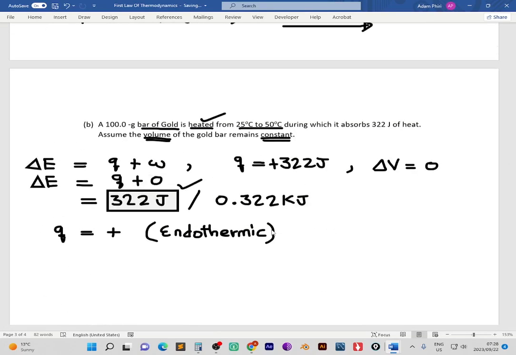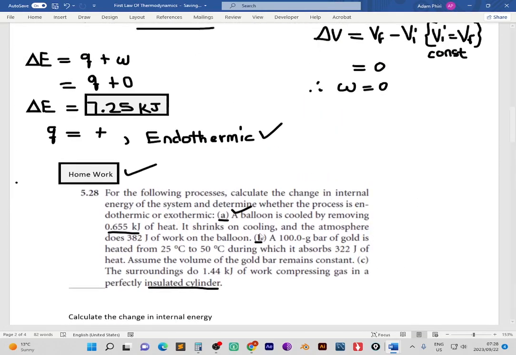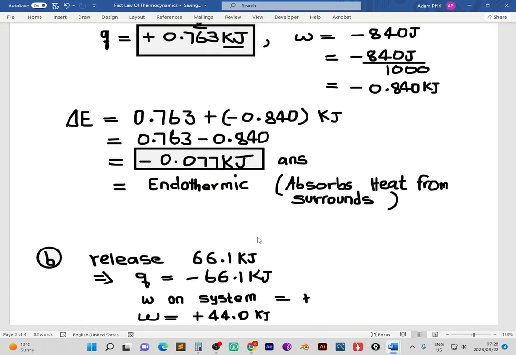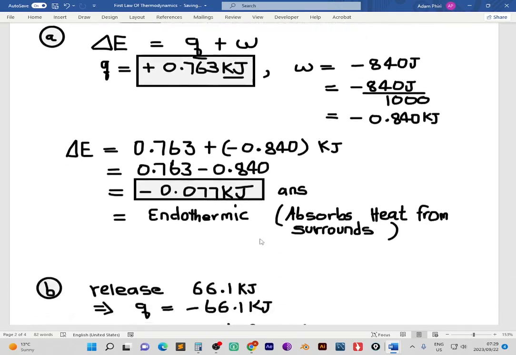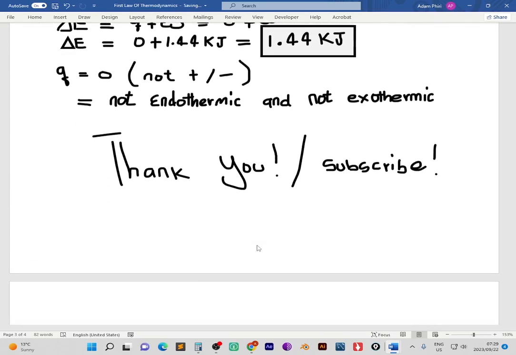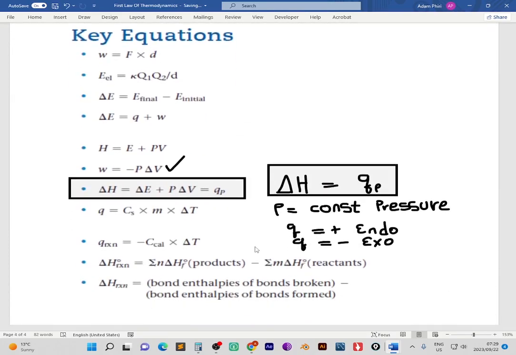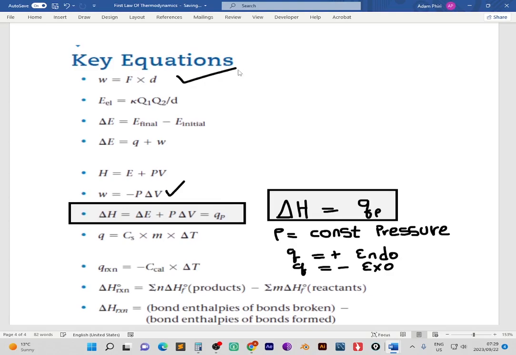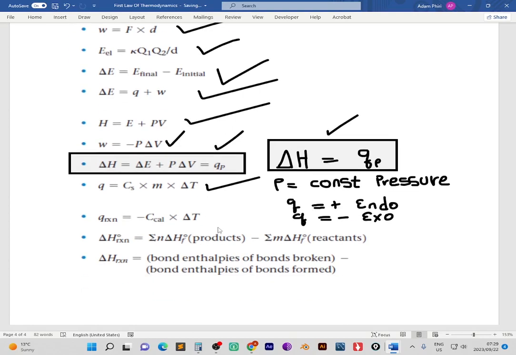So we will do more of that, and next time when you have problems like that, if you haven't watched the other video, you can go through the previous video and do the other problems. So these are the equations there. You must know the meaning of work, electrostatic force, internal energy, volume, pressure, work, and we